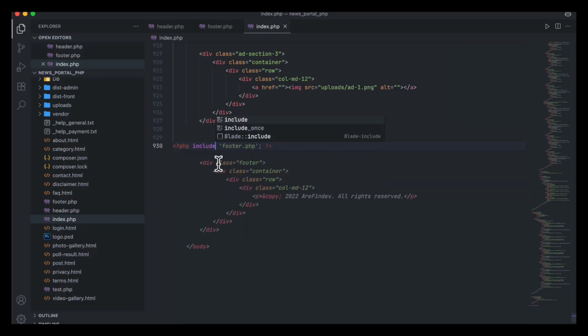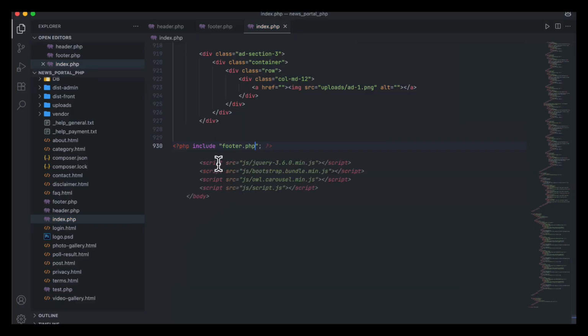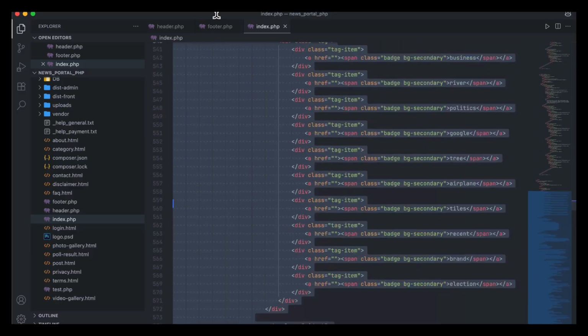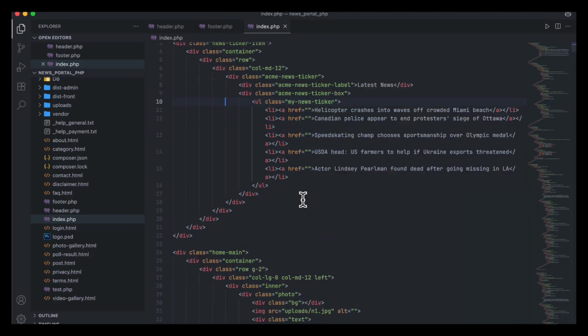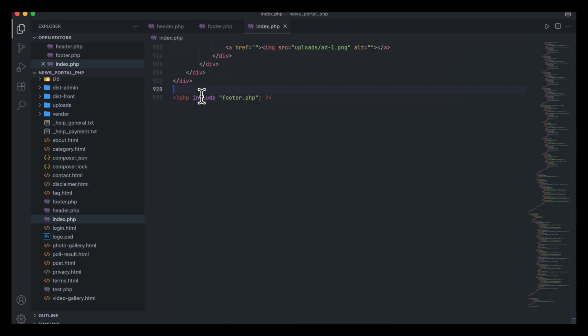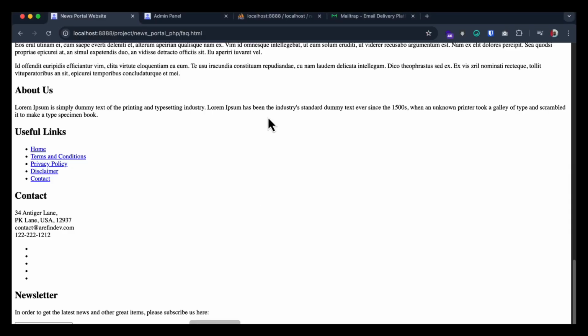So include, that is footer.php, and here I can write this one. So it is okay. I call the footer, and all other code inside is okay. I just make it a good shape. So call the footer top and call the footer bottom and call the header top. So if I now go to refresh the